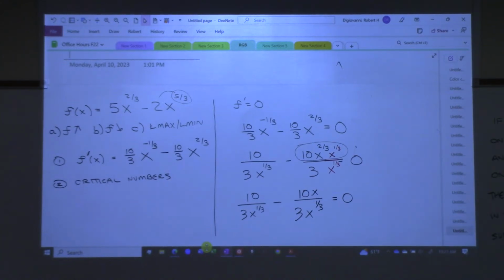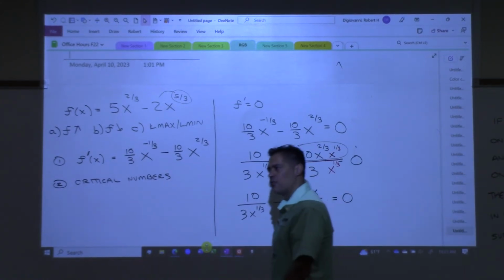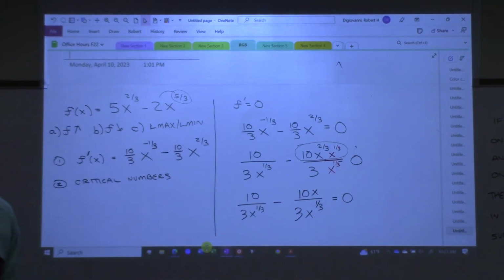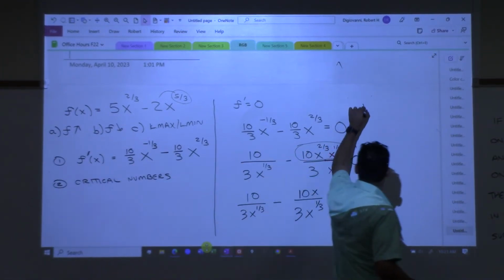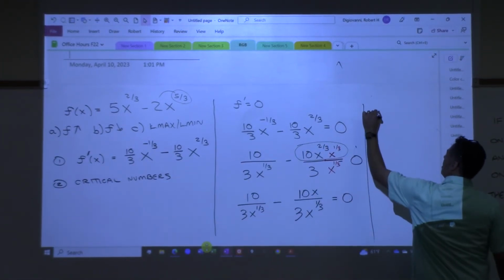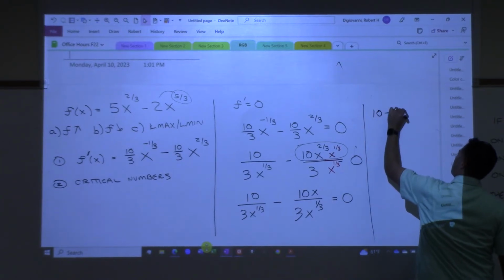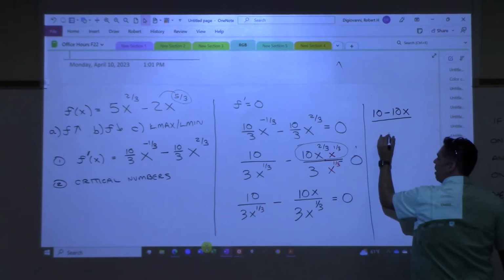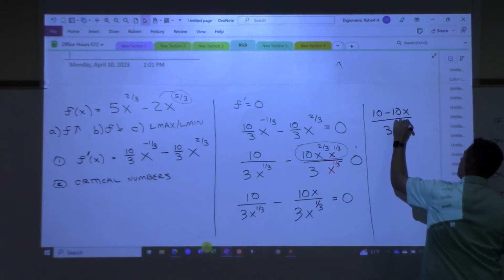Right? Don't you add the exponents when you're multiplying? Like x squared, bless you. X squared times x cubed would be x to the 5th. You add the numbers. Here you're just adding fractions. Do they have the same denominator? Okay, I can put them together. So I have 10 minus 10x, those are the numerators put together, over the common denominator, 3x to the 1/3